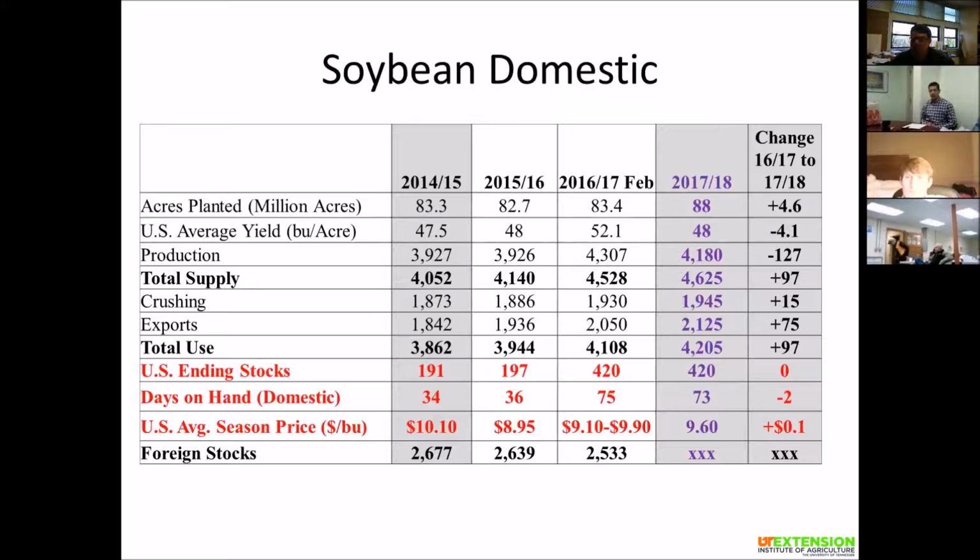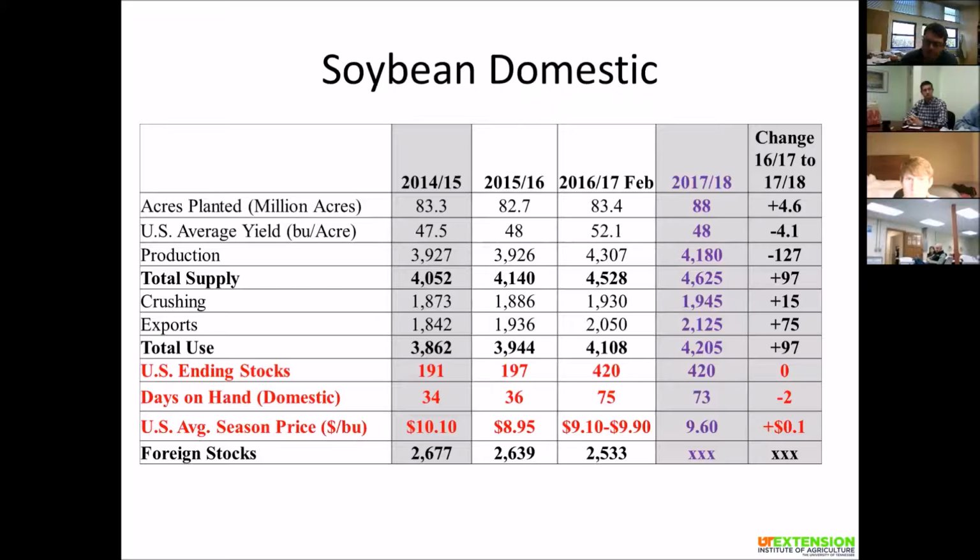The other one that's going to be very important is obviously the Brazilian soybean crop. There's a lot of speculation out there that this is going to be a record crop. How big, I guess, is the ultimate question. And then, as is the case with most of South America, transportation and logistics remain a major issue. So how quickly they can get it to port, fill those ships, and fulfill the needs over in China and